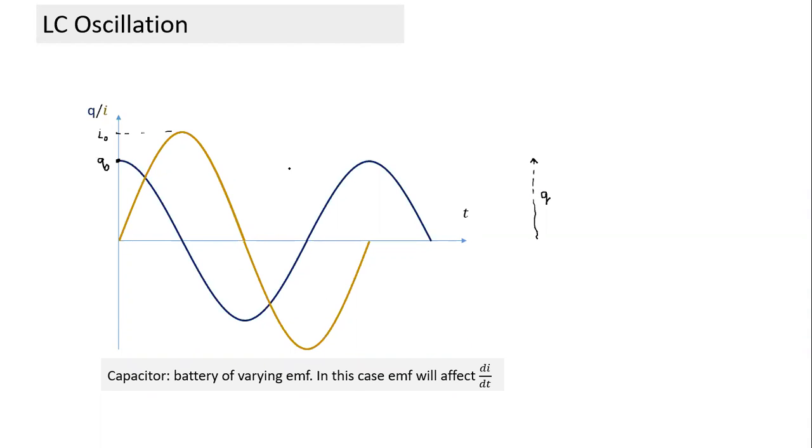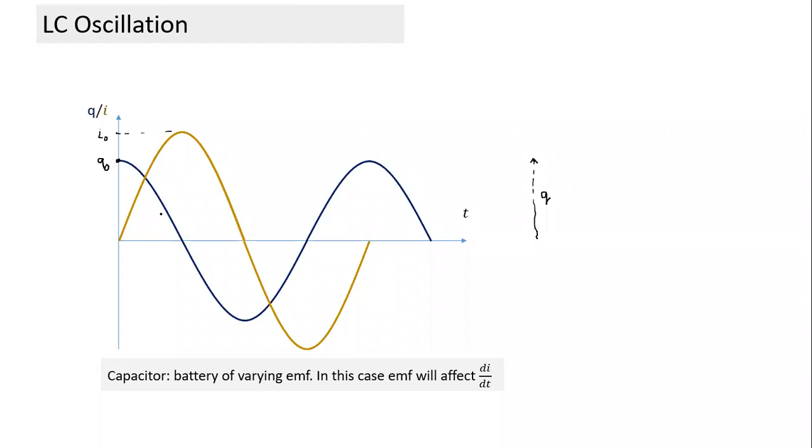And the other thing we notice here, I think some of you may have a little difficulty. Whenever we have a capacitor connected in a circuit, what does the capacitor act as? We can think of a capacitor as a battery of varying EMF. As the charge changes, its potential keeps changing. So when charge is maximum, EMF is maximum. As the charge is reducing, EMF is reducing. And what we have seen in the case of batteries connected to resistance, as the EMF changes, since the current is directly proportional to EMF, in an RC circuit the current also varies in the same proportion.